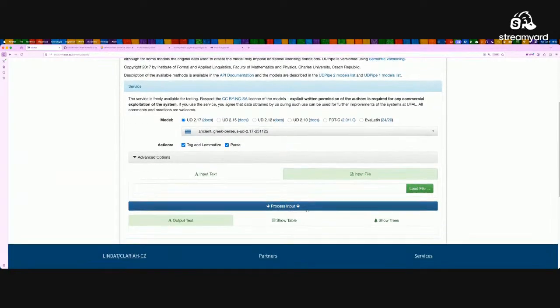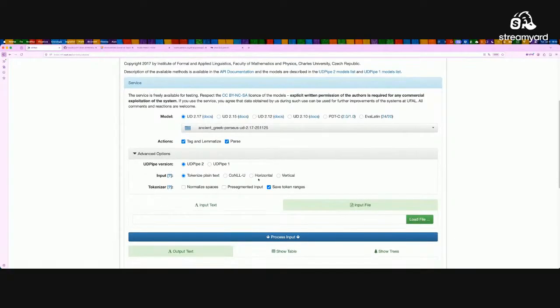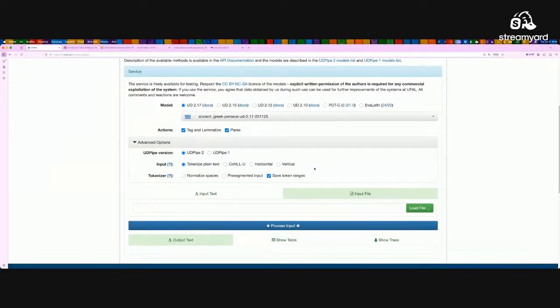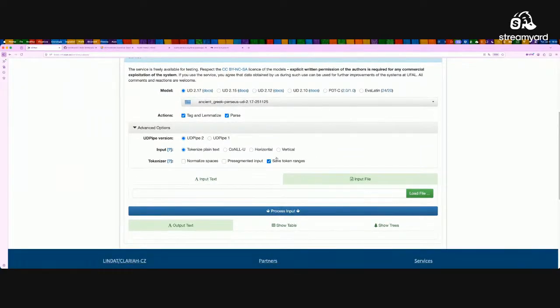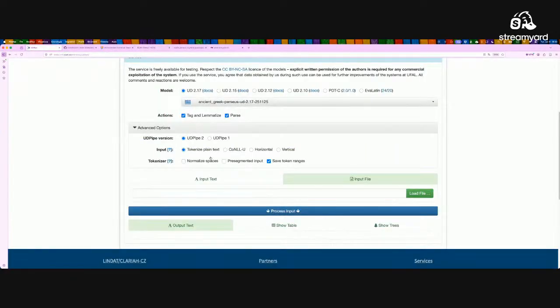You can select an input file from here. Make sure, since you have different options on how to analyze the text, if you save it from Scaife, you can go on and deselect that one. You don't need it, and use the tokenizer.